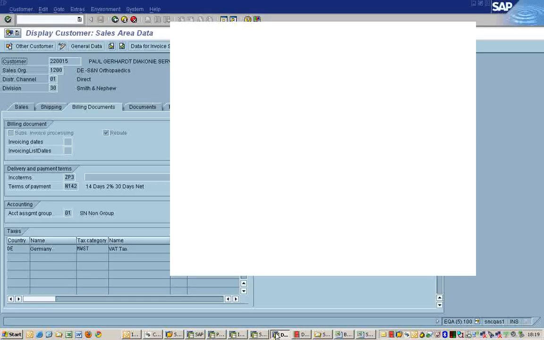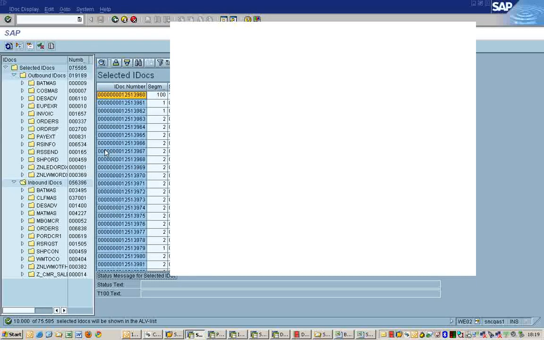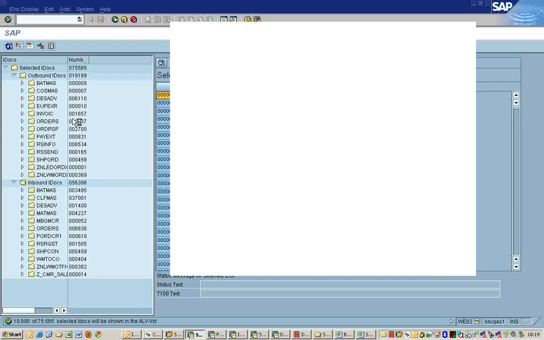So there are other different types of IDOCs. For outbound, from an SD point of view, order confirmation. This is an order confirmation. This is the delivery note sent to customers, and invoice. And this one, orders.